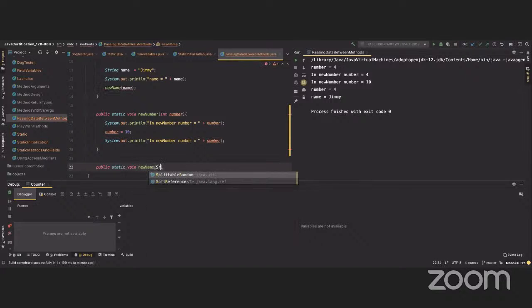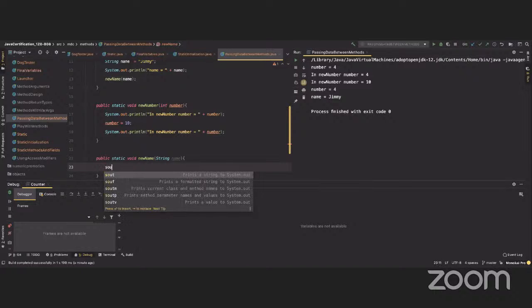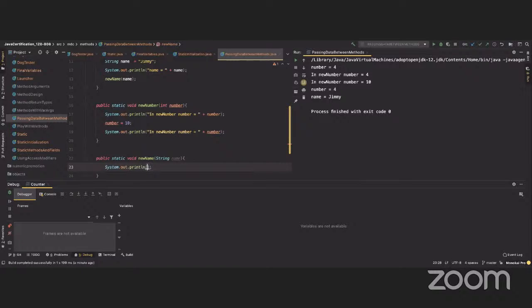And then we're going to pass a variable name. Okay? We're doing almost the same. Now, sysout in new name, name equals name,